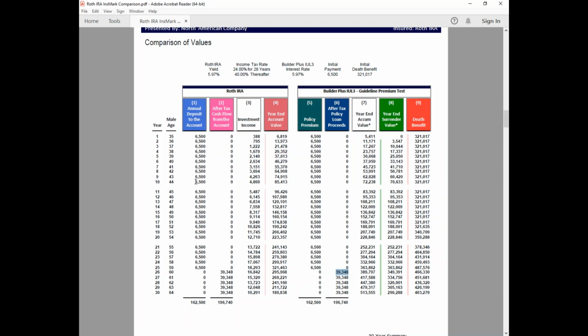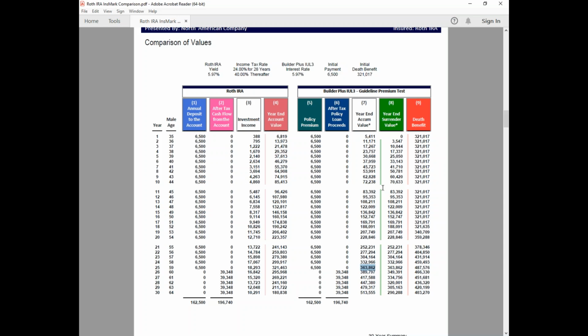Over here on the Roth IRA, remember this was after-tax dollars, so they can take that money out and it's not taxable, just like the life insurance policy. The difference is, if we look at the account value right before we start taking money on the Roth IRA, it's at $321,000, and over here in the Builder Plus policy, we're about $40,000 better. We're at $363,000. Okay, so you might think right away, oh well, that means you're only going to get one extra year, maybe two, out of the Builder Plus because it had a little extra